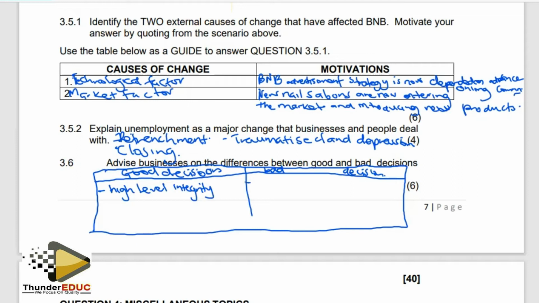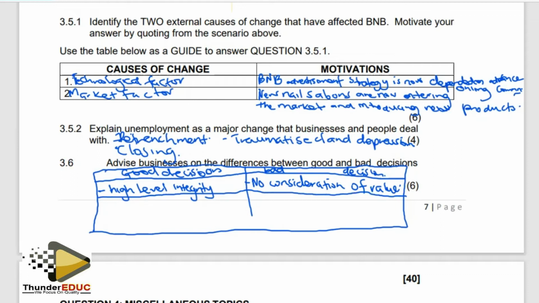However, if it is a bad decision, you are going to witness a lot of challenges. For example, there is no consideration of values. People don't care how the decision will affect the community, will affect others, how it will affect the values of others. That is it. Besides that,